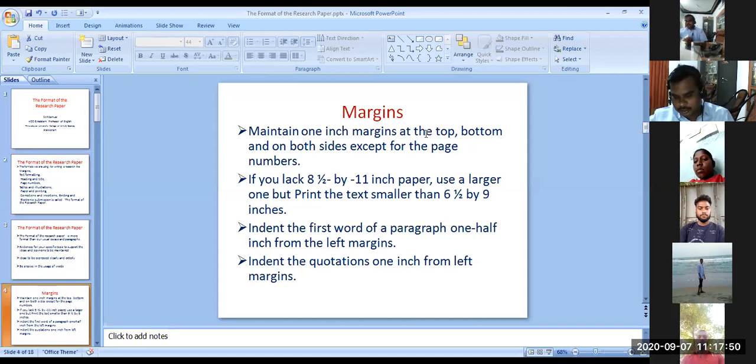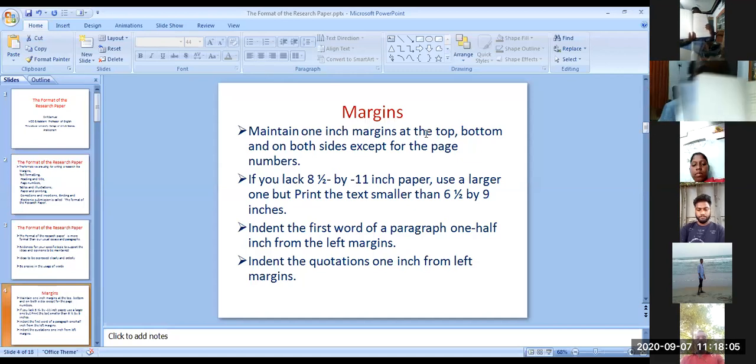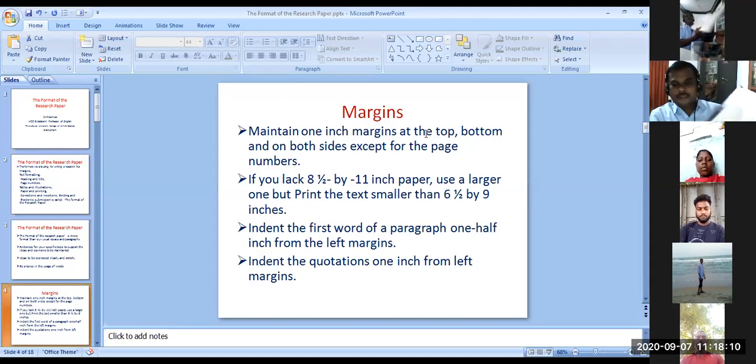You see this? This is an MPhil thesis of Bardiyar University. What I am saying on this page, for example: top 1 inch, bottom 1 inch, left side 1 inch, right side 1 inch.